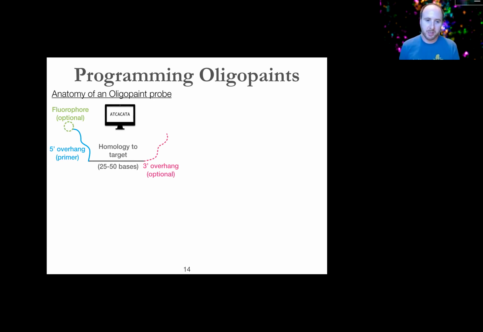And then you also potentially can encode overhangs deliberately into your oligos as well. So for instance, you can make a binding site for what we sometimes call a secondary oligo that works very analogously to how a secondary antibody would work. And our ability to control at a base pair level the full sequence of each probe in our library really is what's opened up, I think, a lot of cool engineering avenues in terms of pushing what FISH technology can do. So I'm highlighting a few of these here.